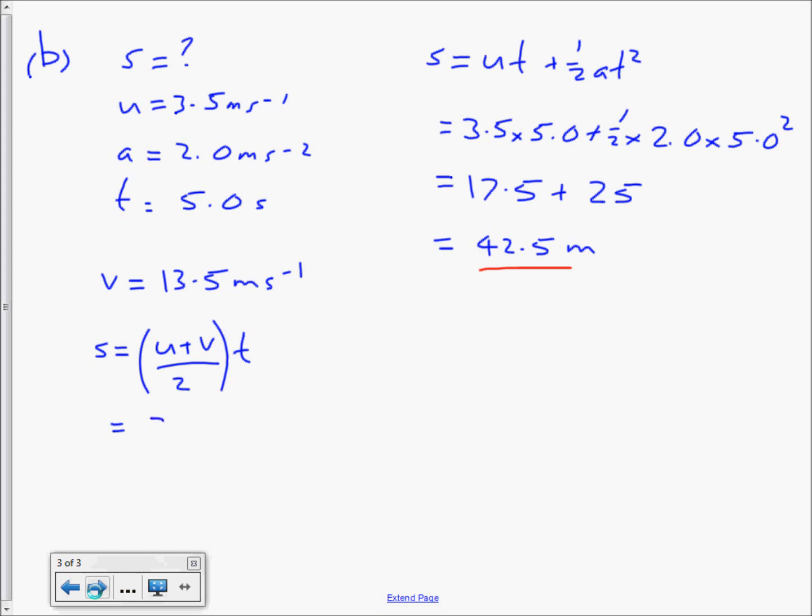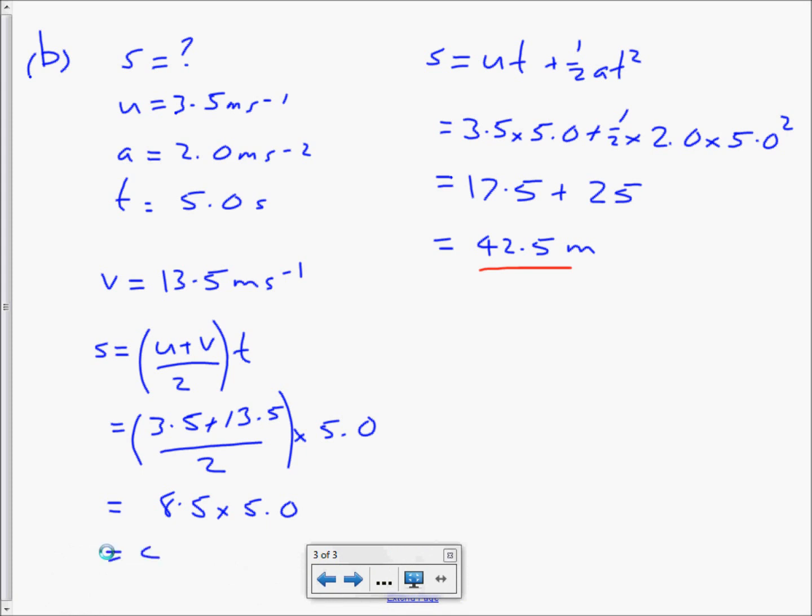So 3.5 plus 13.5 divided by 2, that's the average of those two velocities, times 5.0. 3.5 and 13.5 is 17. 17 divided by 2, 8.5 times 5.0. And if you work out 8.5 times 5, 8 5s are 40, and a half of 5, 2.5, equals 42.5